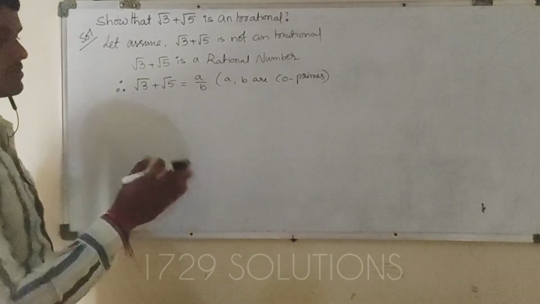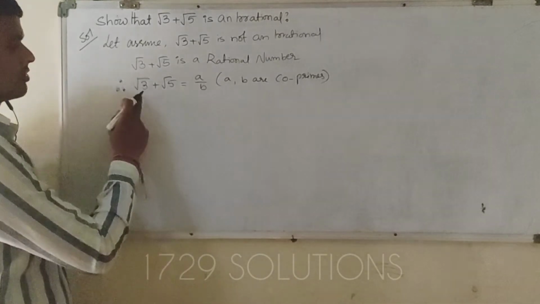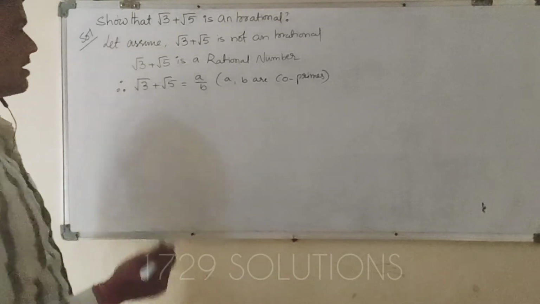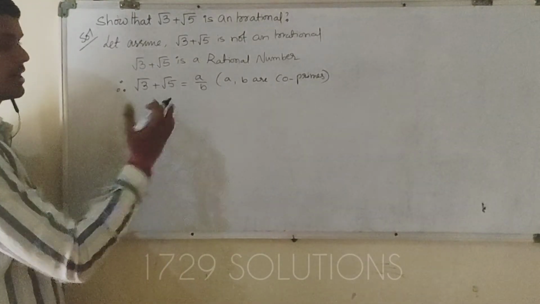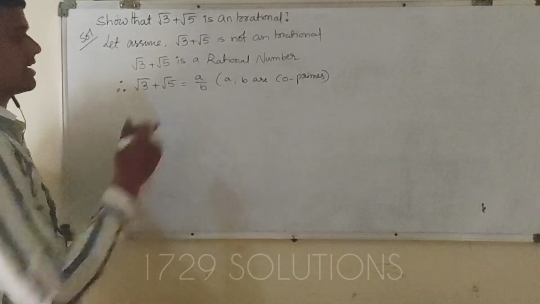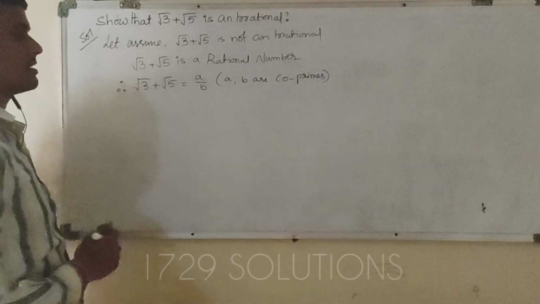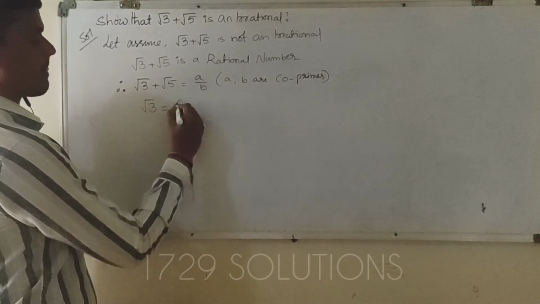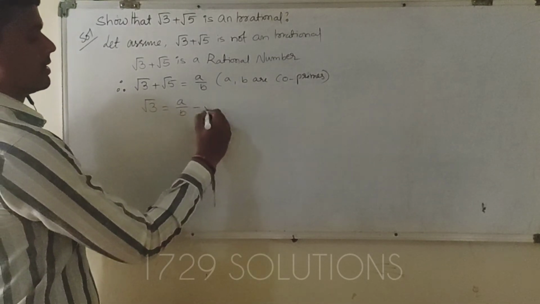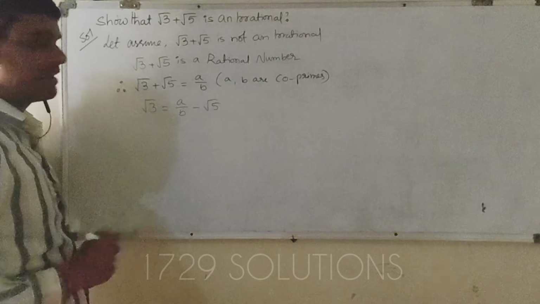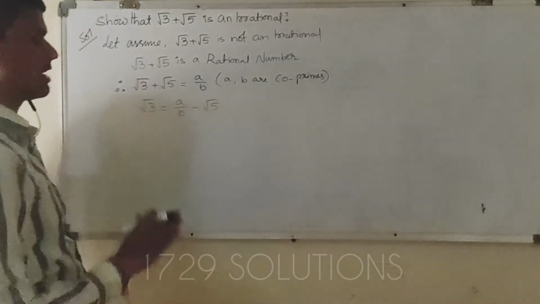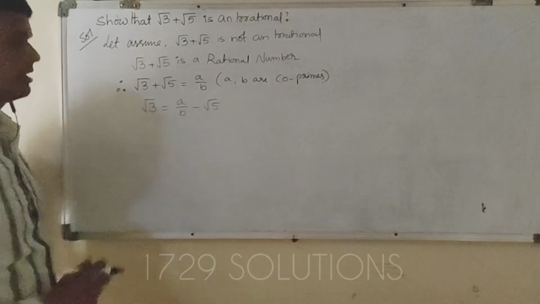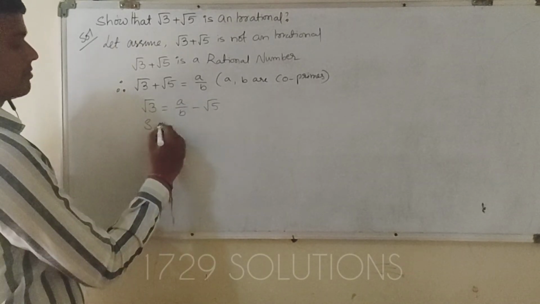Now, in the previous problems, out of the two numbers we took one as rational and one as irrational, so we could make them separate: the irrational number on one side and the rational number on the other. But here there are two irrational numbers, so we cannot separate them. So send any one of the numbers out of root 3 and root 5. I am going to send root 5. I want to make only one irrational number in the whole equation and the remaining terms rational. So I want to make root 3 rational. For that I want to do squaring on both sides.